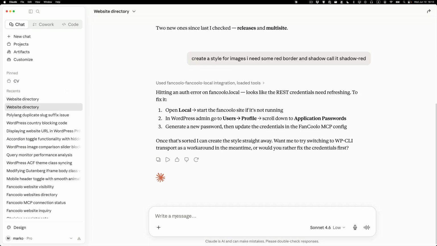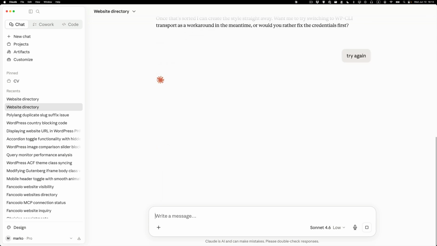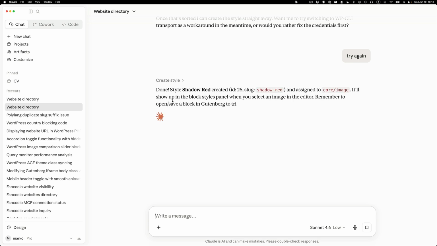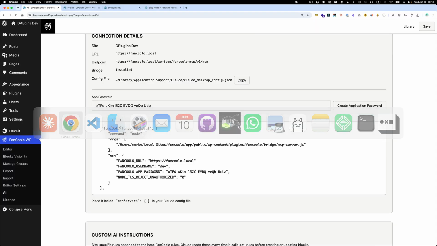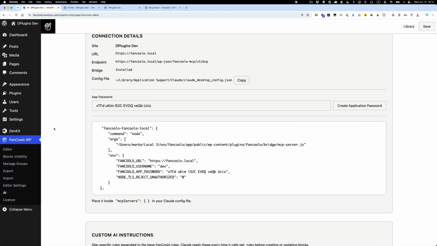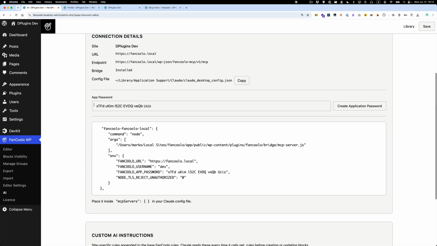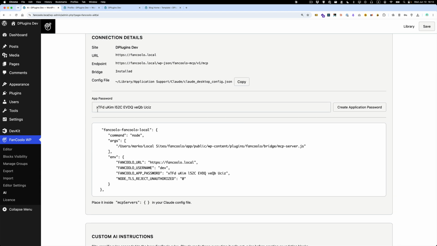I can actually try again. Perfect, and you can see how fast it is. The issue before was that I reset the database, forgot about it, so I didn't have the app password. And you can see that if you don't have a valid app password, it cannot access,